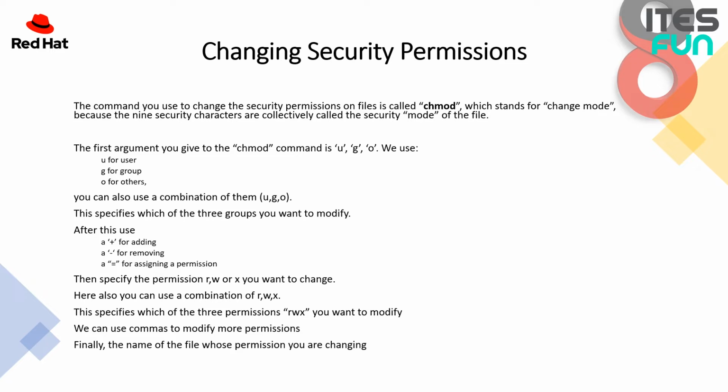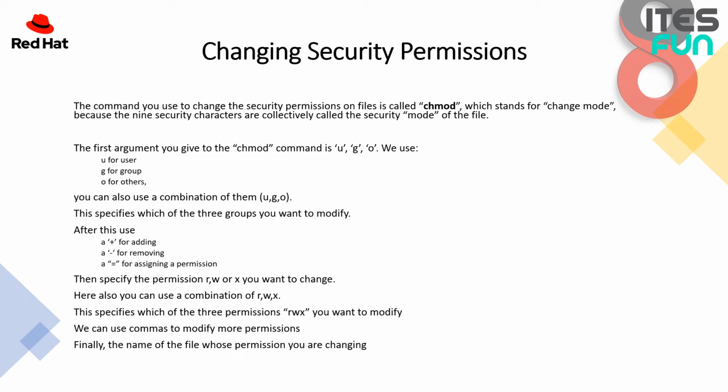The first argument we give to the chmod command is ugo. We use u for user, g for group and o for others. We can also use a combination of them, like ugo. This specifies which of the 3 groups we want to modify. After using this,